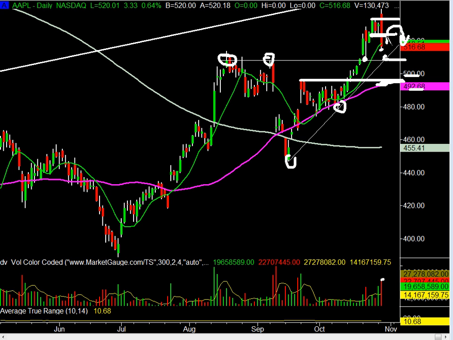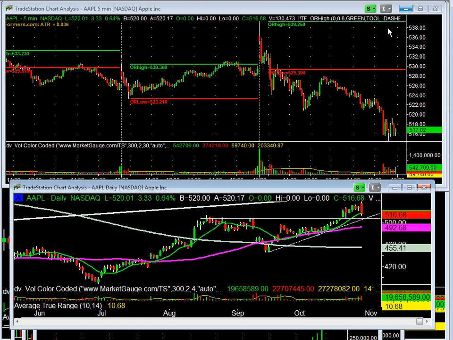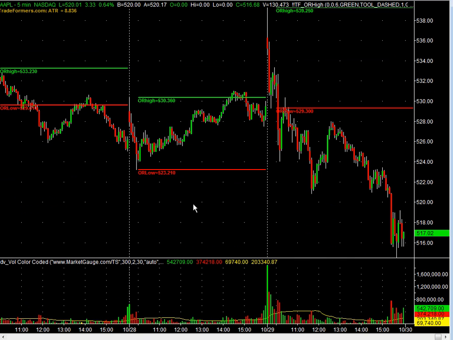The more specific points are the lows here and the highs here. Now finally, let's take a quick look at yesterday's action. If you're familiar with the way we look at the markets and you're familiar with the opening range, then this won't be of much surprise to you. But one of the things we do is we look at the first 30 minutes of the trading day and then identify the high and the low of that day. Once you break the 30-minute range, that's your bias for the day. Notice how well it worked on Apple yesterday.